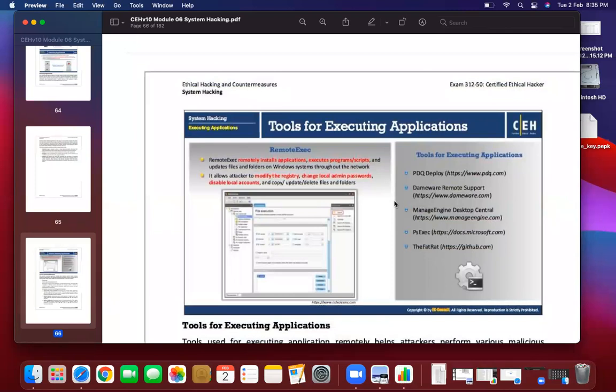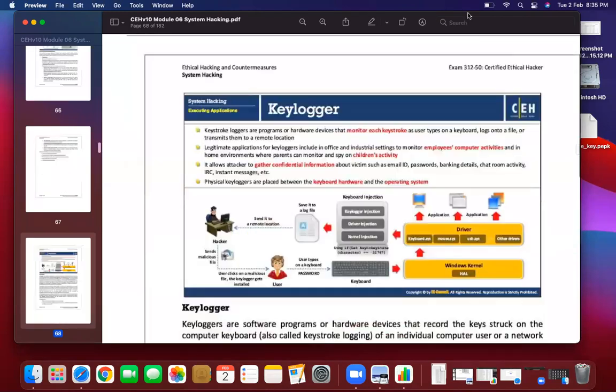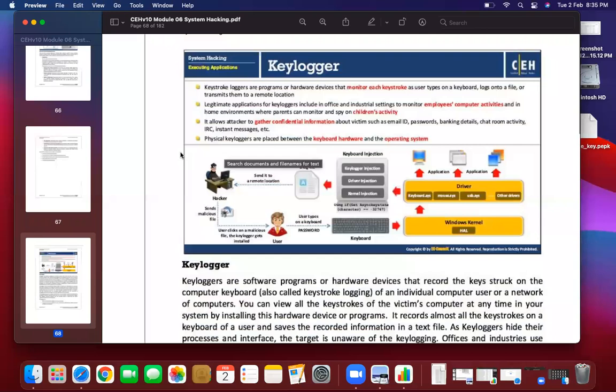A lot of tools are there for executing applications: Remote Exec, PDQ Deploy, Dameware Remote Support, ManageEngine Desktop Central, PsExec, The Fat Rat. All these tools are used for executing applications.